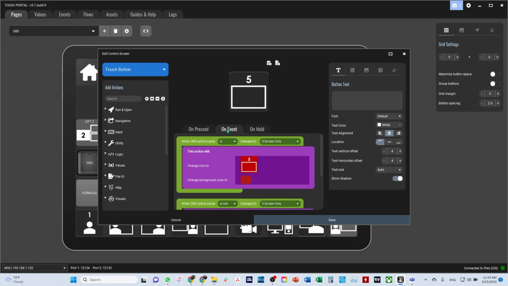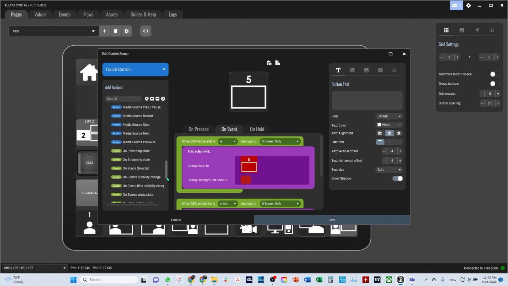Now, when I do the on event, notice that once again, if I go down to OBS, and instead of taking any of the blue ones, I'm going to take the green ones, and I'm saying when the OBS active scene is, so on scene selected, is, and I'm saying that it changed. So notice that it doesn't really look at what is the scene that's selected. It really looks for the changes,